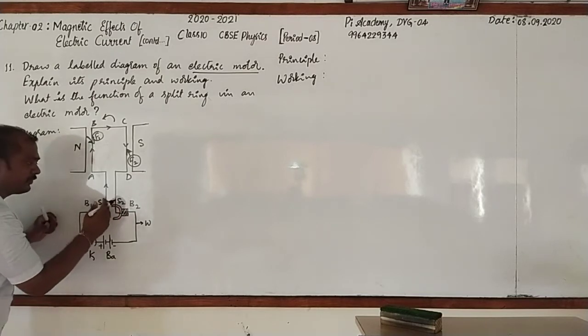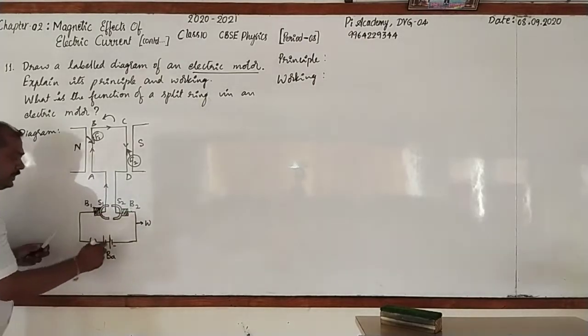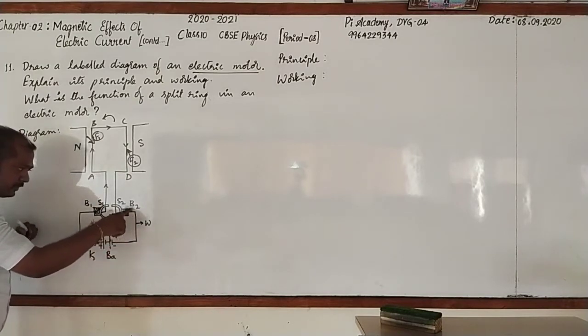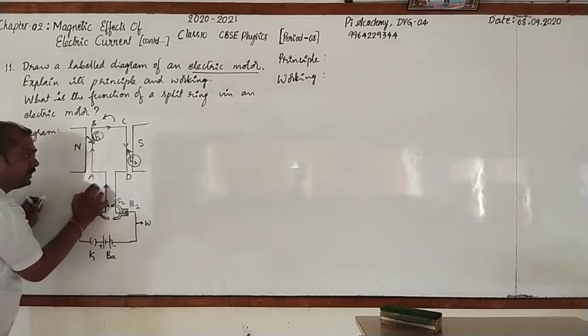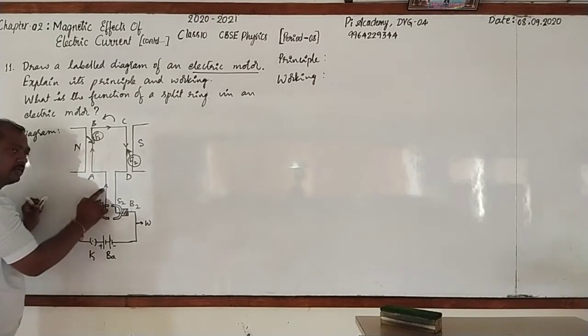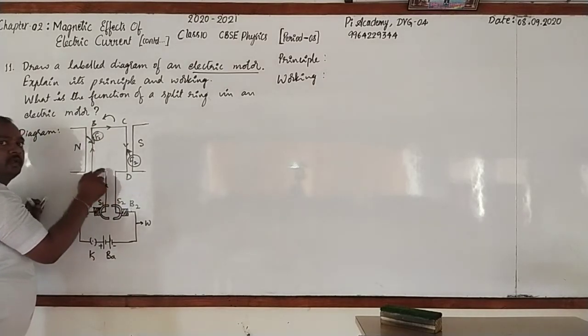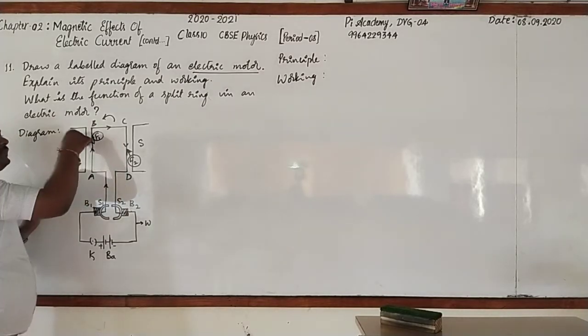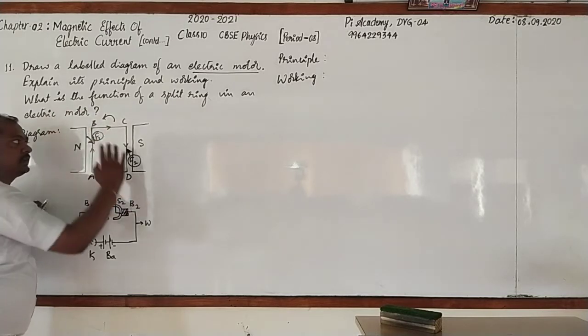After the first half rotation, S1 comes in contact with B2. Then current flows from B2 to the negative terminal. Whereas after half rotation, current from the positive terminal enters the coil through B1 and flows through D, C, B, A. Got it? Now, this time, the mechanical force acts on the limb CD in the downward direction and